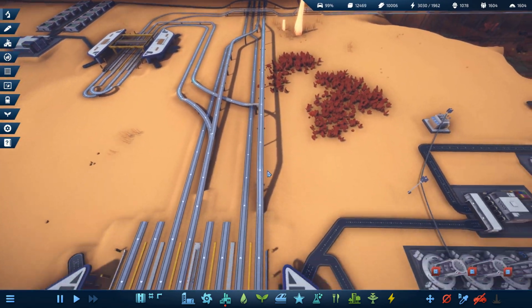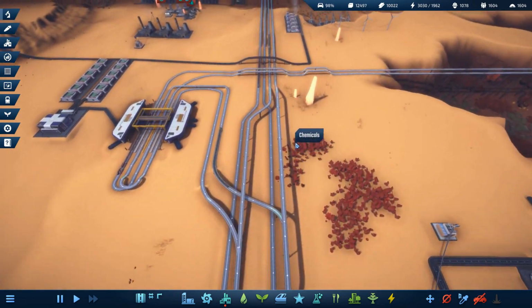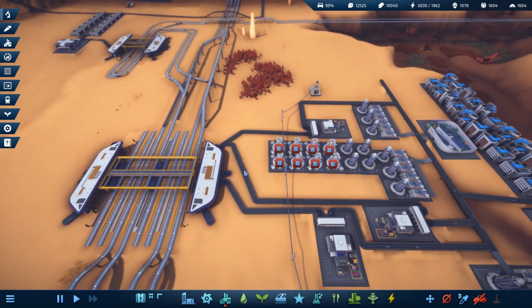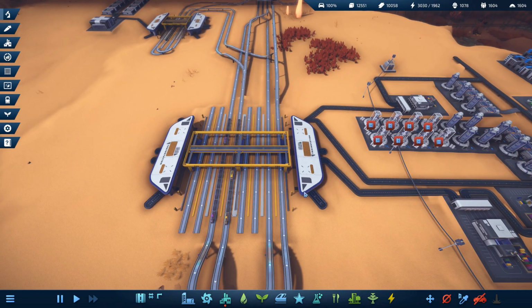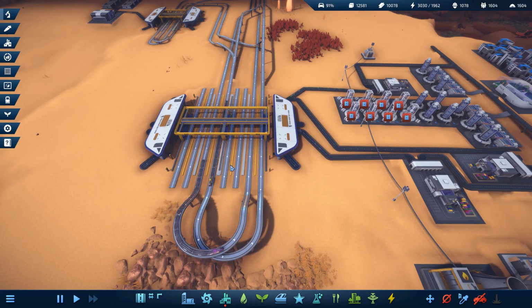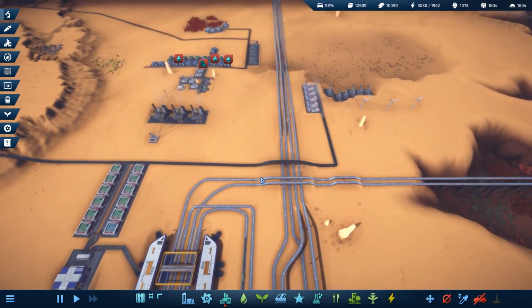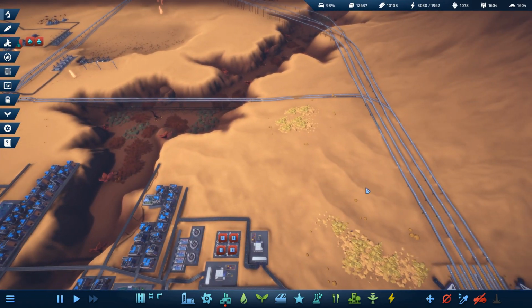Actually, I have connected it with the same rails that the trains delivering computers operate on. It's not really the best choice, but fortunately so far they are not really getting stuck on platforms. There is no issue. So you can see a whole bunch of rails other than that, and this is because